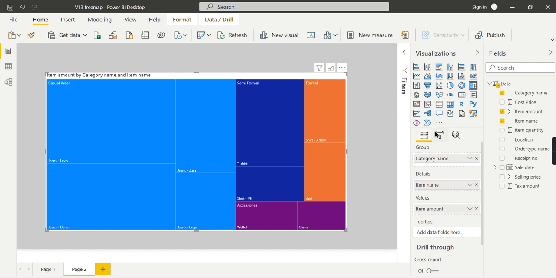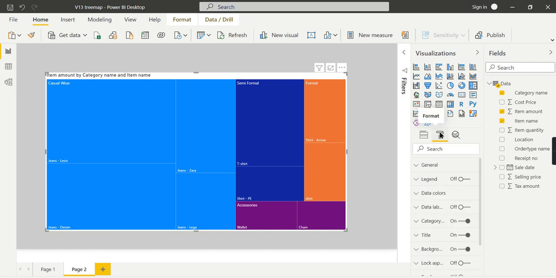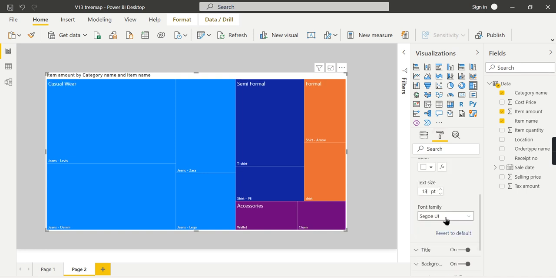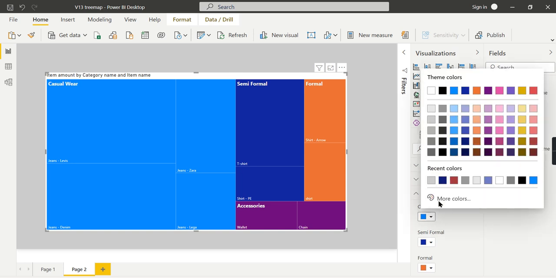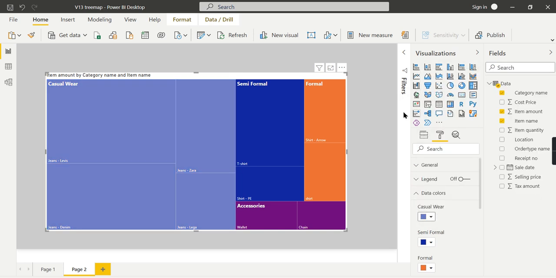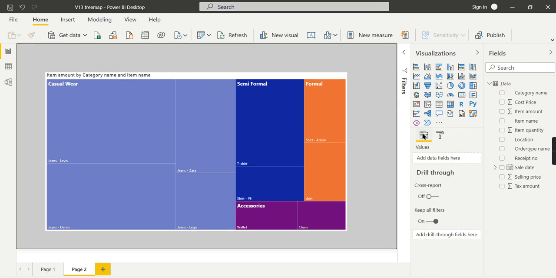Let me try to increase some properties here so that it will be more understandable. First thing is the category. I can increase the size, so I can make it a little bold. And also I can change some of the colors. This color I don't like, let us go for light blue. Now it's somewhat better. Now this is how you need to analyze the hierarchical data.